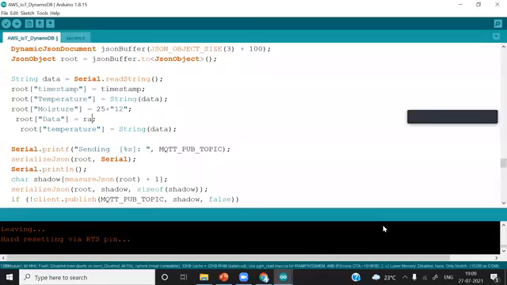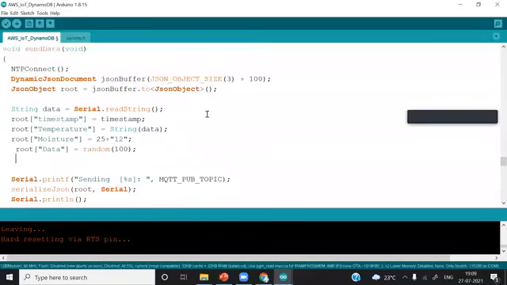So I'll put it random, and the range will be 0 to 100, and then I'll just delete this one. These many objects are enough. Okay, fantastic.